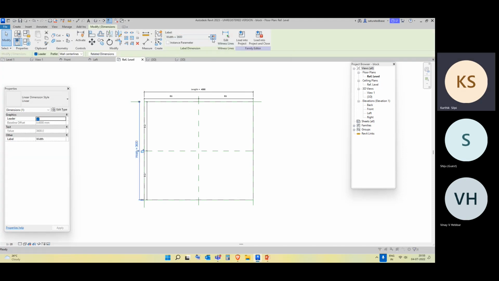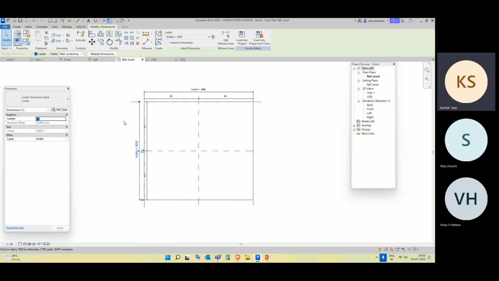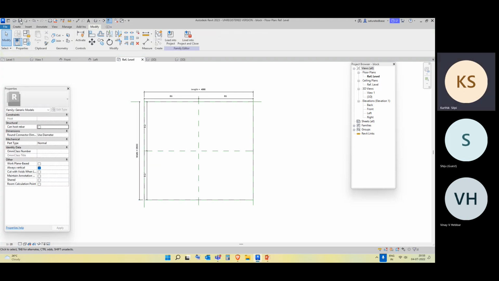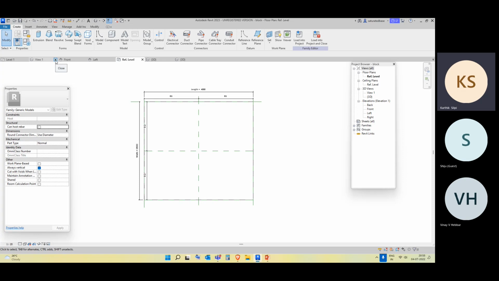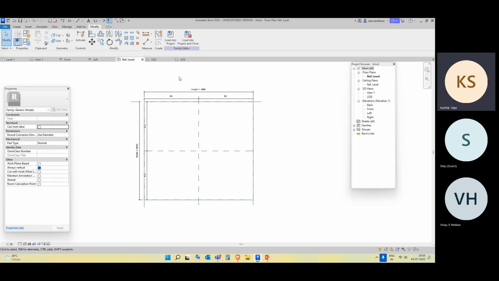So this is a width label, right? Click on this width label and you can add constraints as well. So this is what a normal label is. If you want to create a label with constraint, again you have to create it once again, or select any given label. So here we have default labels. You can just go to